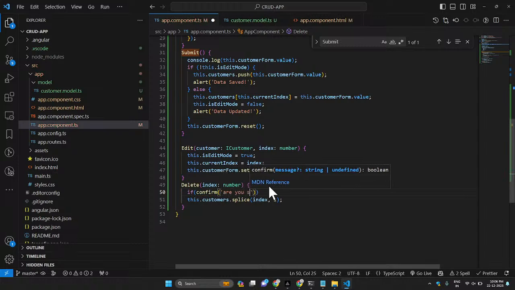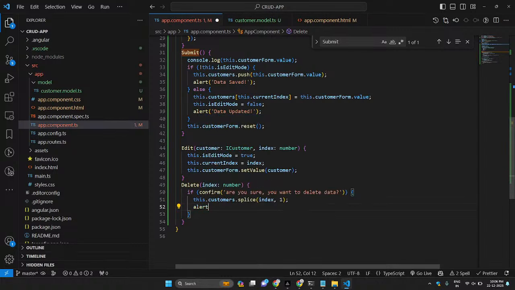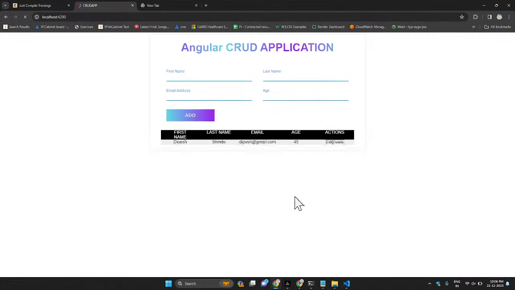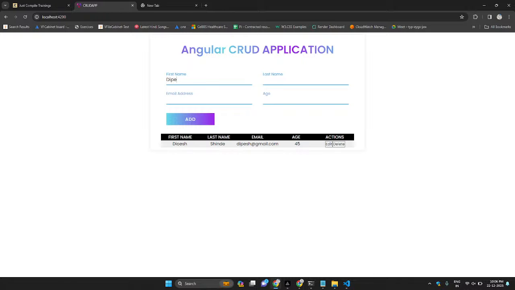Are you sure you want to delete data? If it says yes, then do it, else don't do it. Let's just add an alert box as well. Data deleted. Perfect. Now let's go and add some data like